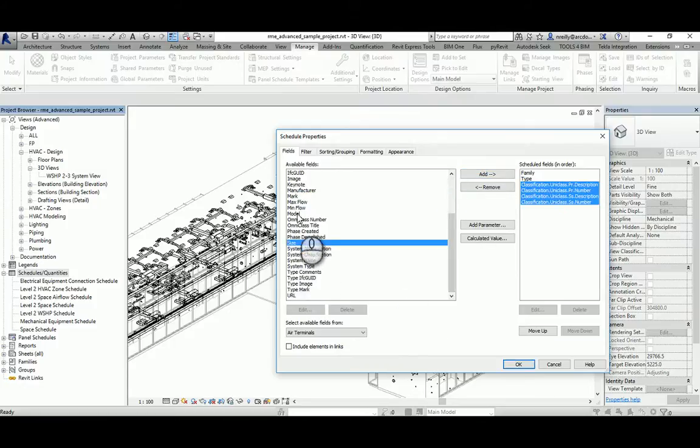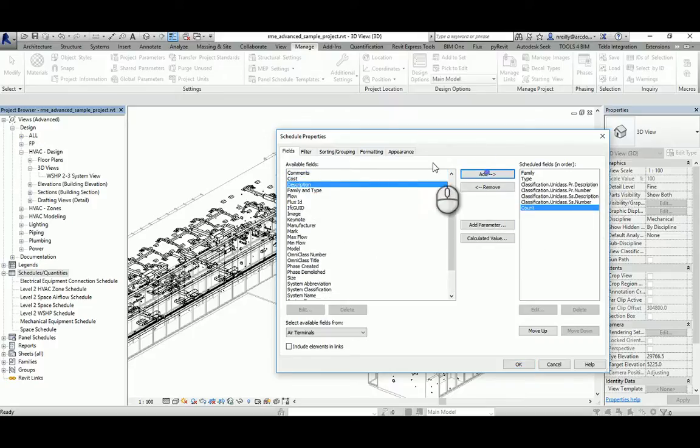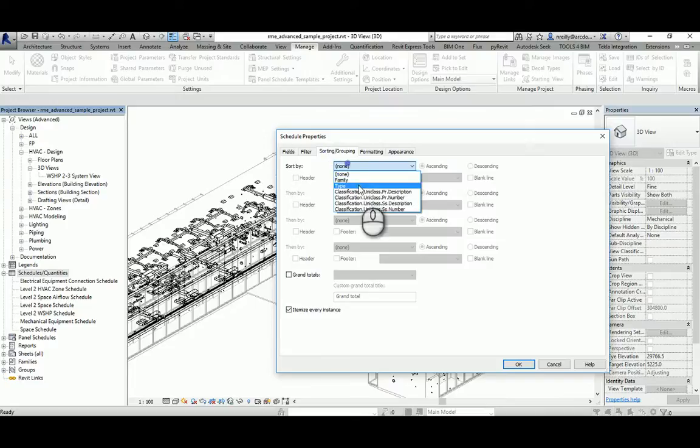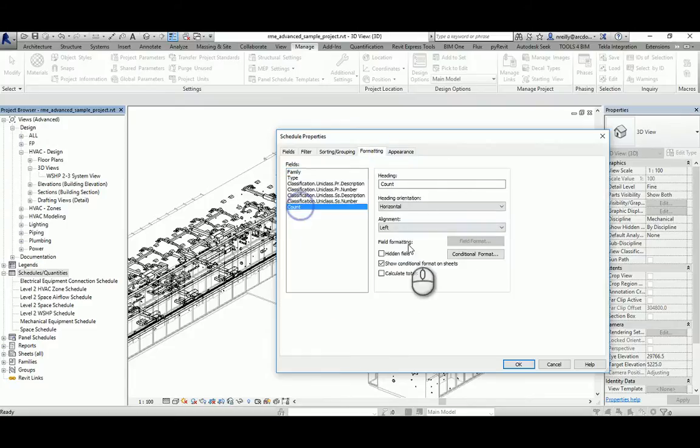between this normal category and a multi-category. So I want to add in count as well. And now I'm going to sorting and grouping. I'm going to sort by family and type. I want to split them by the header, which is going to be the family. And we don't want to itemize every instance. We're only interested in the types, because that's where most of the parameters are added. So totals only, and just give us a total there. Okay, so if I click OK,